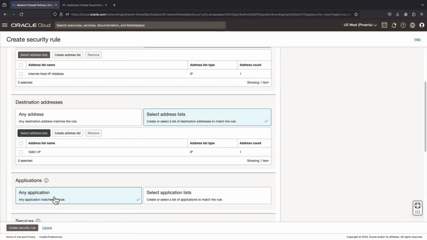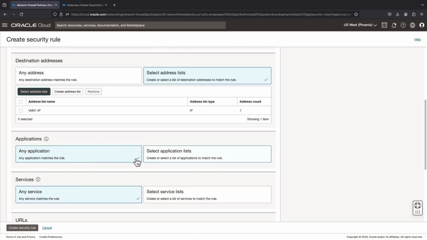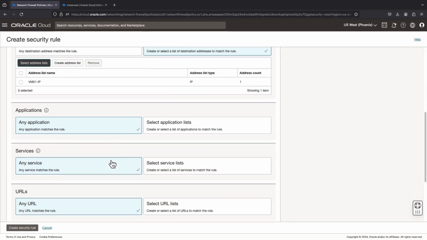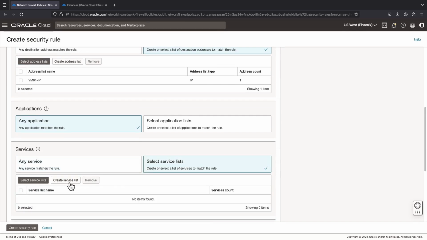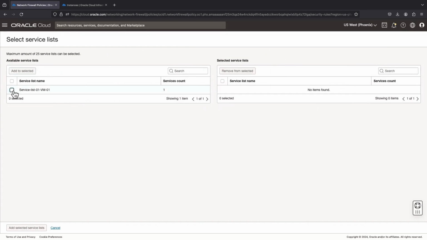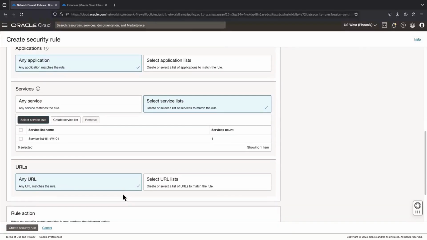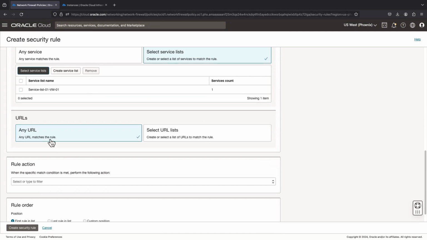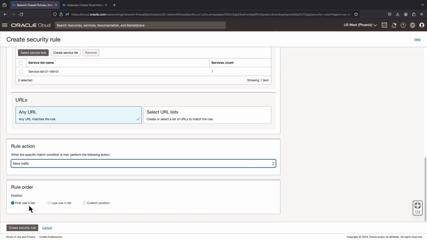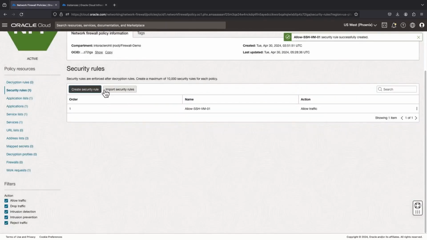Now we do not want to allow ICMP to VM01, so we will keep it as any application and move ahead with service list. Here we will select the SSH service that we have created. Next, URL can be any URL for now, and then the action will be allow traffic, and this will be the first rule. Click create rule, and similarly we will create a rule for denying ping from internet host to